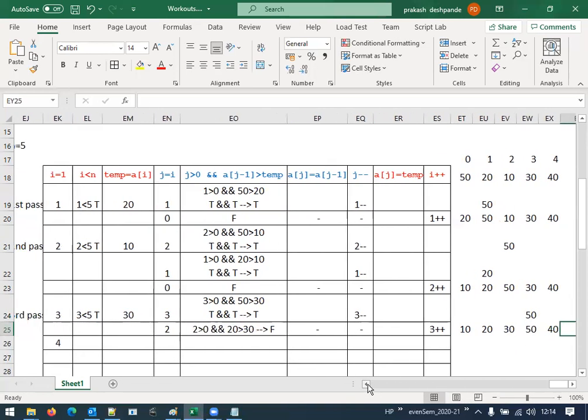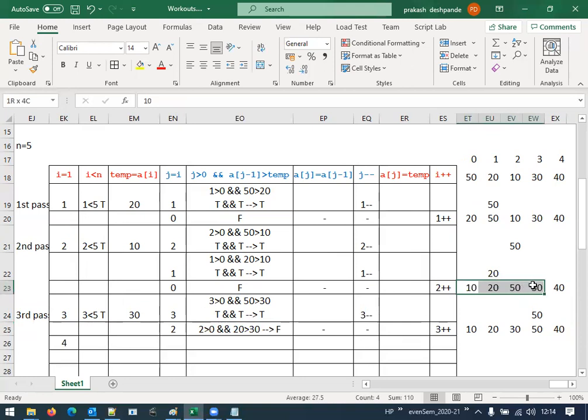What we try to do, students, here, we try to compare these numbers. Here, this number was compared with its previous number. Since it was less, we swapped it. But further, after swapping here, we came to know that 30 is not smallest among this one. So it was not placed on the left hand side, but we got the perfect numbers among these sub array, that is 10, 20, 30, and 50.